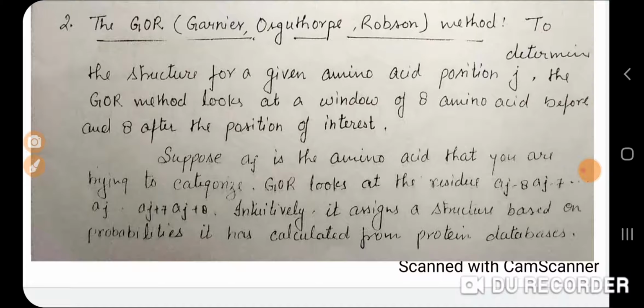Whenever G and P, glycine and proline, come, they will be in the form of loop, turn, or coil. So MALEK, 5 amino acids, will go to alpha helix, and G and P, 2 amino acids, will go to loop, turn, and coil. So that is a total of 7 amino acids. Among the 20 amino acids, the remaining ones will go to beta sheet. So this is the method they proposed. It is a very simple method, just a sliding window.